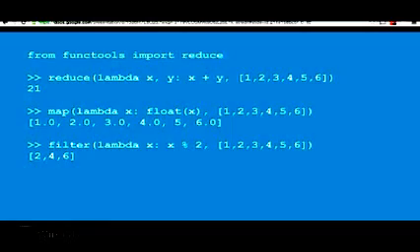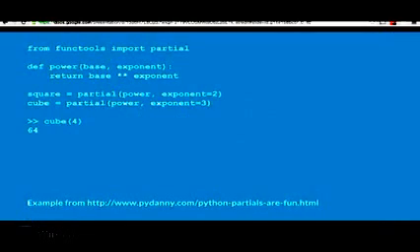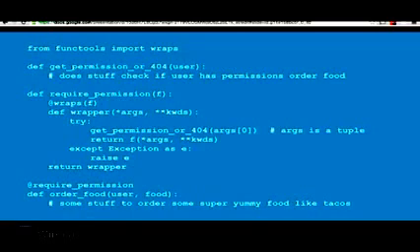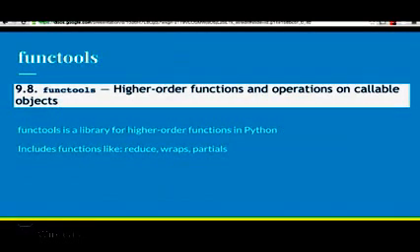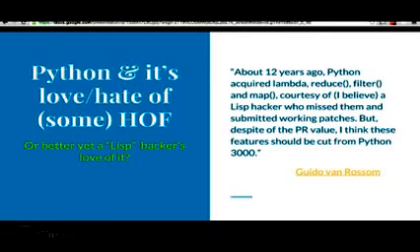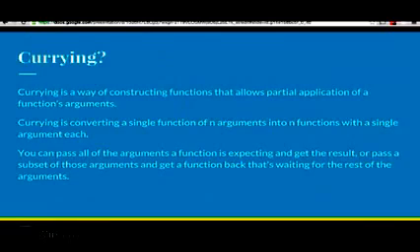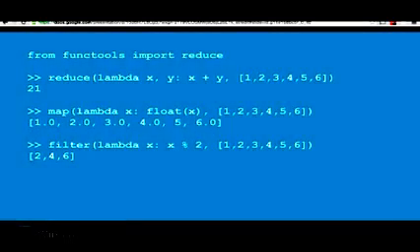Okay, cool. So we looked again at partial and at wraps. These are both part of functools, and we know that Guido has some mixed feelings on these higher order functions, and we know that allegedly they come from some Lisp hacker out there in the world. So back to that first tweet, if we wanted to see how reduce, map, and filter work,